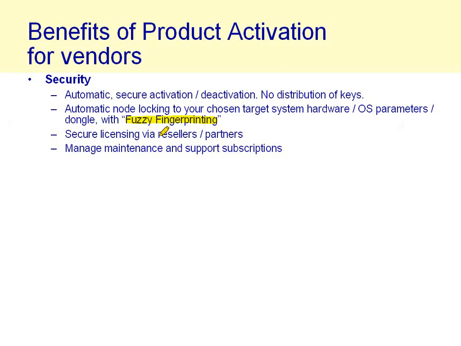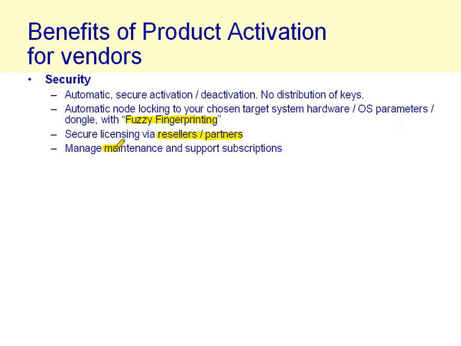You can also manage licensing via resellers or partners, and I'll be saying more about this in the context of AIM. But what this system lets you do is deal with the essential issue with resellers, which is that you want to be able perhaps to delegate the mechanics of fulfillment of orders to your reseller or your OEM partner, your channel partner, but you want to know what they're doing. So you want to know what licenses they've issued, how they've been configured. You might even want, for example, to be capturing user registration information that the user enters at activation time and recording that, so you know who your end users are, even though the license may have been sold via a reseller, and Orion lets you do that.